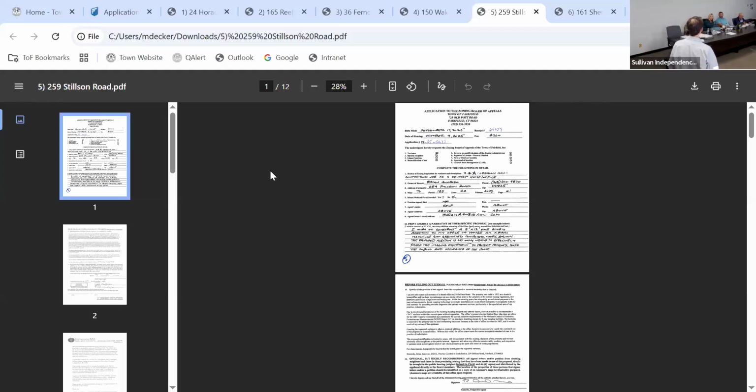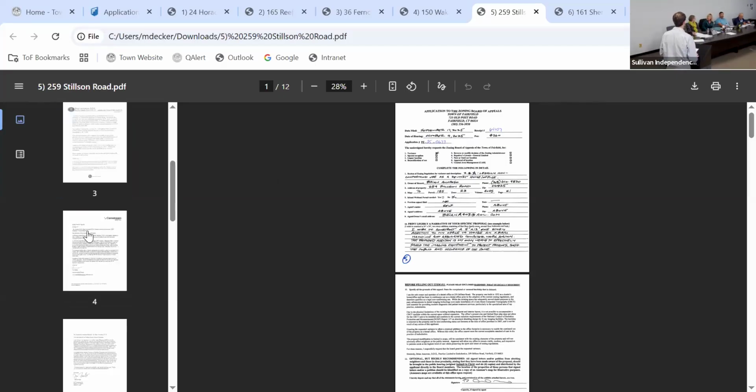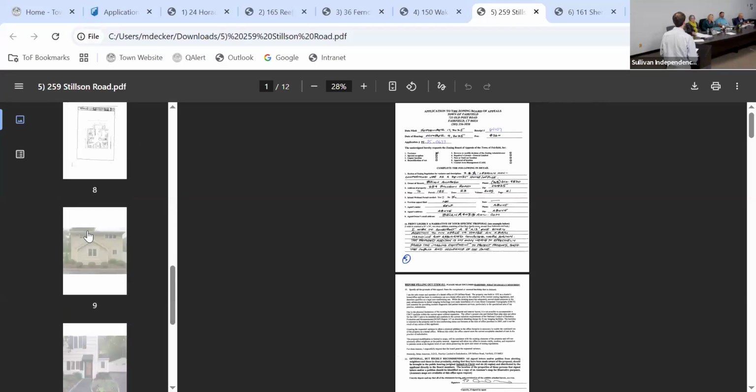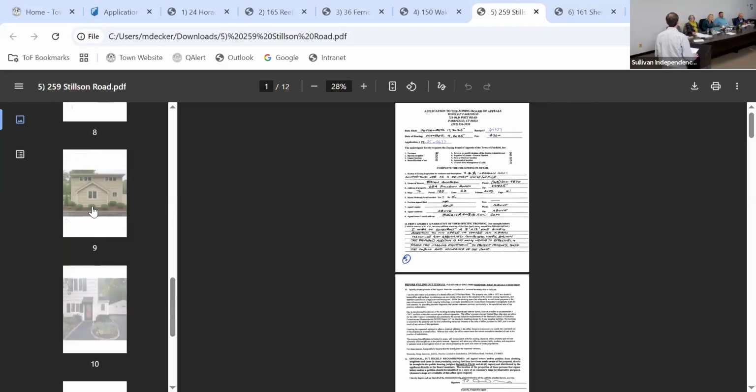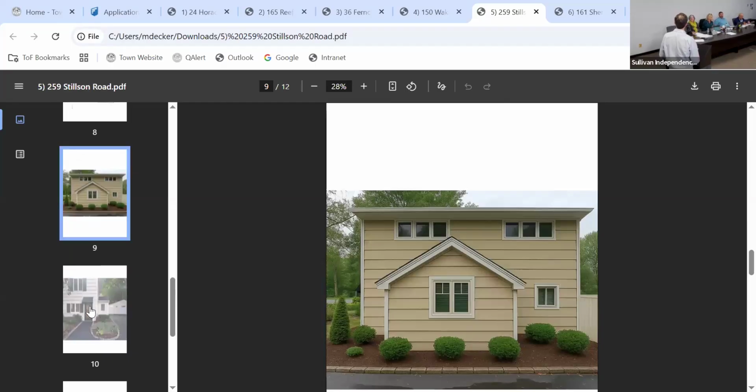Questions? Clarification? It seemed to be a little bit of a different application than the others. Yeah, it's unique. Does anyone have any questions? Jane, please. Okay, so you know that a legal hardship cannot be because of your personal requirements. It has to be something tied to the property. Correct.